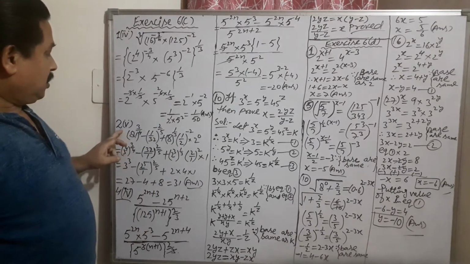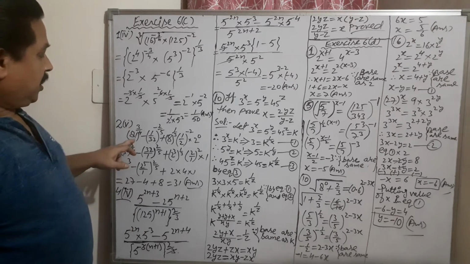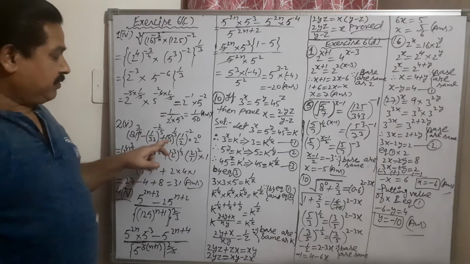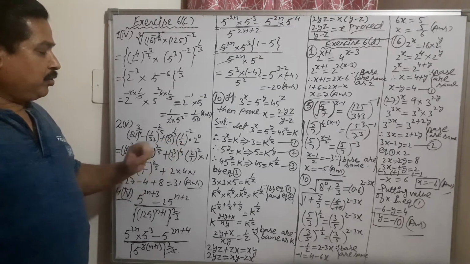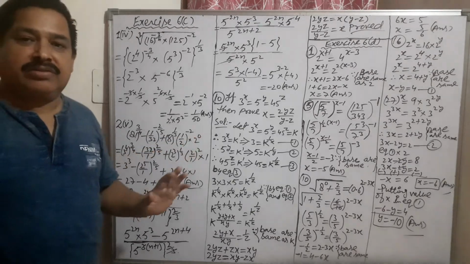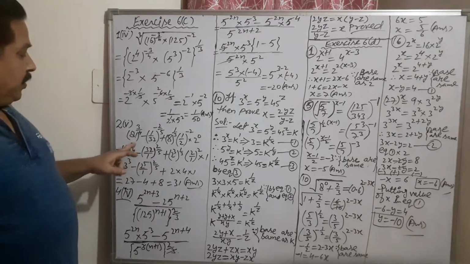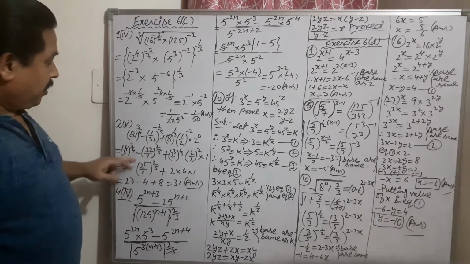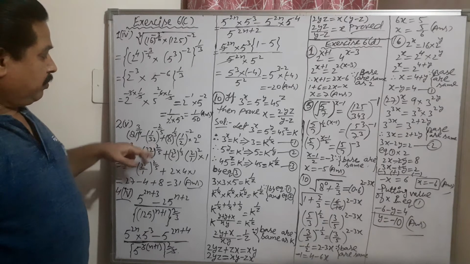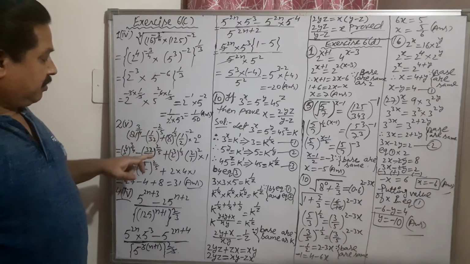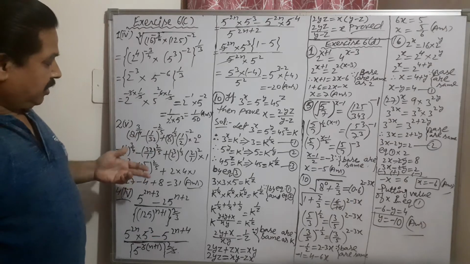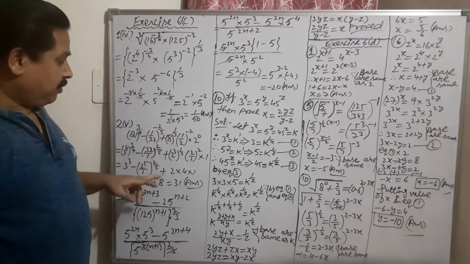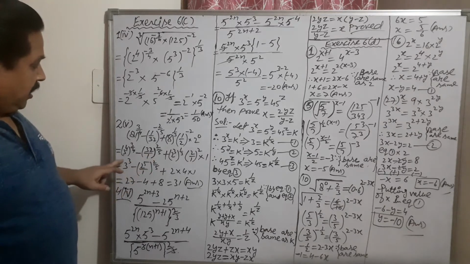Now see the next question. Second question, fifth part. 81 is given there, power is given 3 by 4. 1 upon 32 is given there. 8 is given there, 1 upon 2 is given there. And 2 to the power 0 is there. Now 81 we write in the smallest form, in the power form, 3 to the power 4. And 32, make the reciprocal because minus is there. The power is minus, so write in reciprocal form and change the power to plus form. So just write in the smallest form.